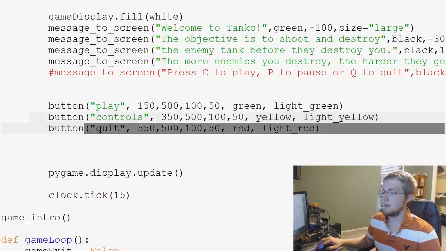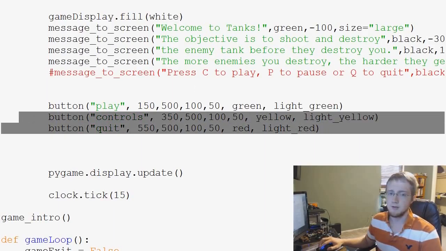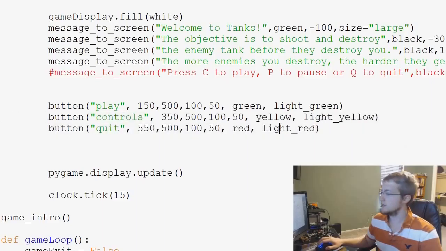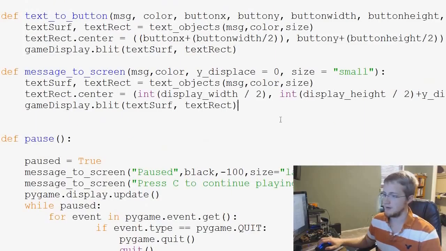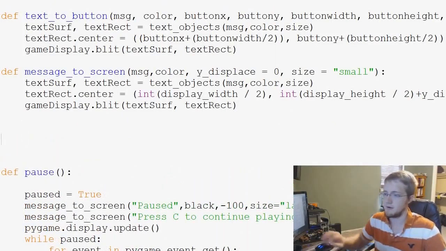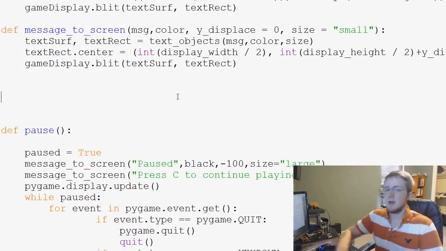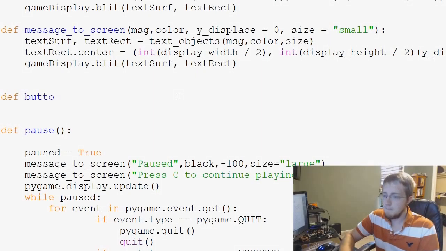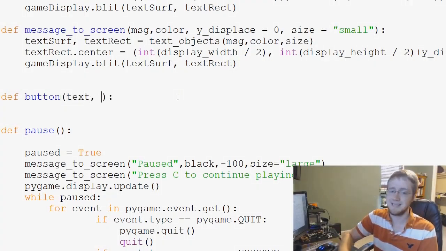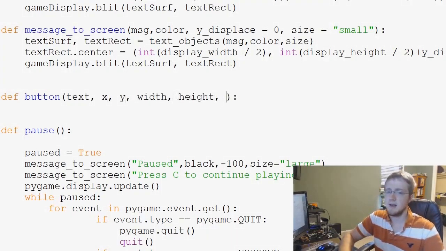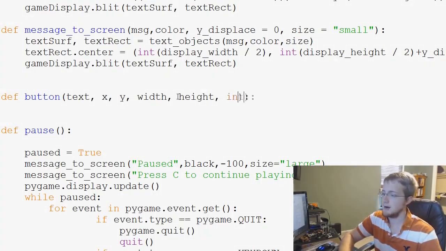And that's basically how we want our button function to operate. So now we're going to go and define the button function, and we'll just put that right under here. It really doesn't matter, but we'll do that right underneath message to screen. And we'll say define button, and our parameters for button were the text that we wanted the button to say, the X location, the Y location, so the top left, and then the width, the height, and then we had